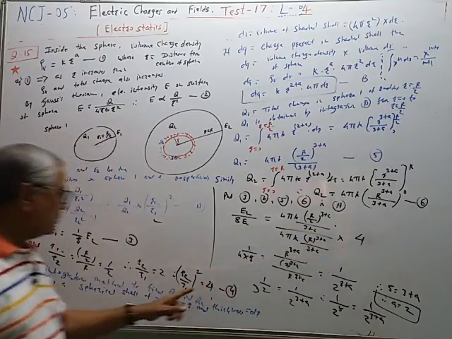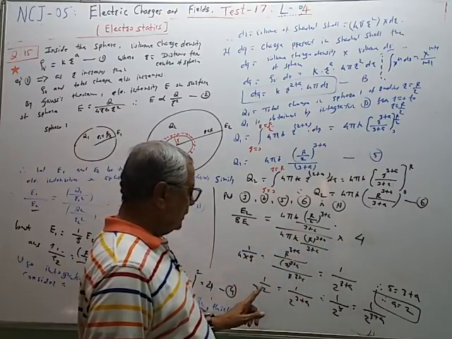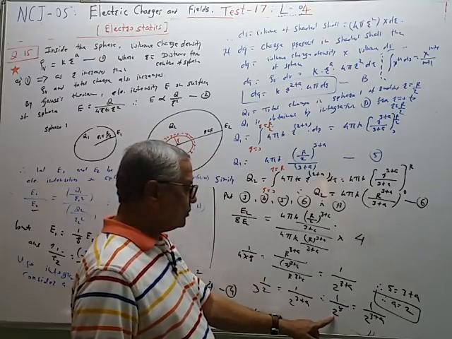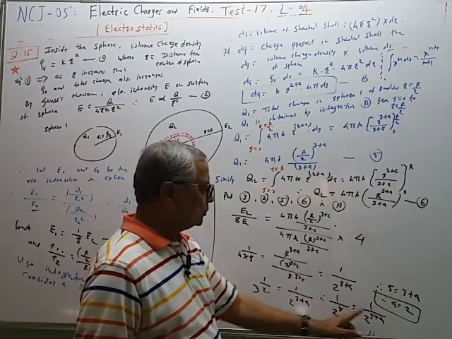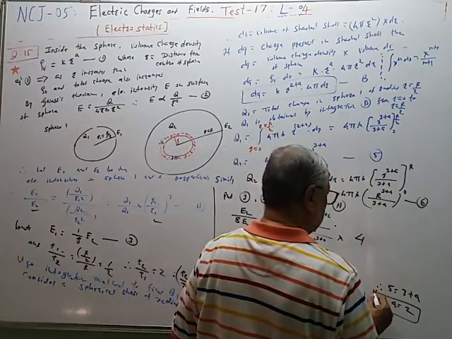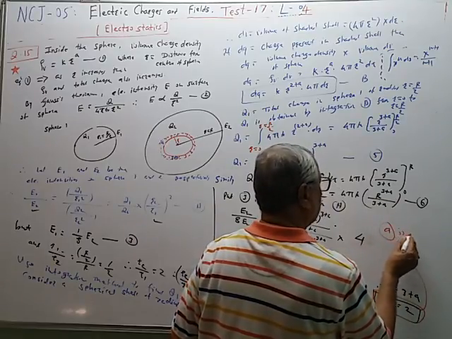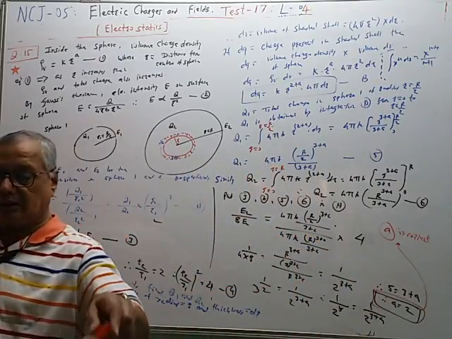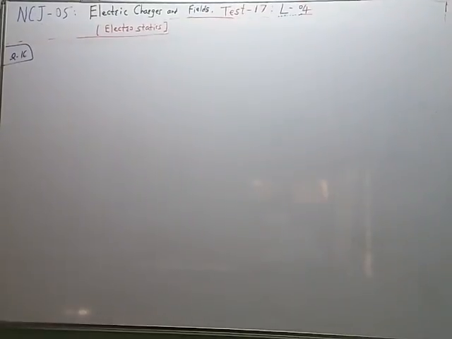So this is r2 upon r1 by equation 4, it is 4. So this 4 will go here, so it will become 32, and 32 can be written as 2 raised to 5. 2 raised to 4 is equal to 16, 2 raised to 5 is equal to 32. So by comparing the power, 5 is equal to 3 plus a. So this is the correct choice. So A is correct. A is correct. So please make the correction.